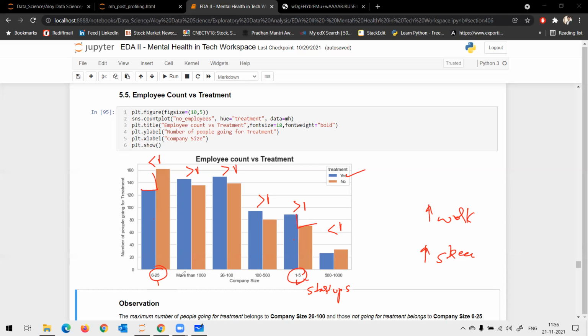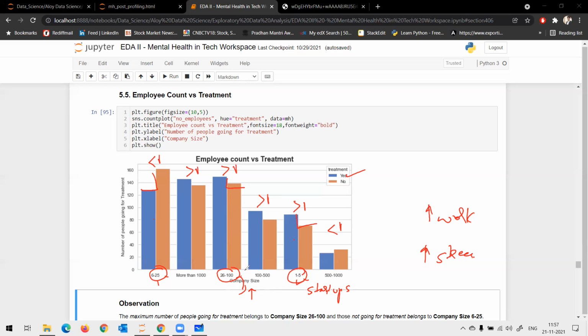Now, coming to 26 to 100. Again, the trend has been reversed. Correct? So if you need to grow further from this, you need to take more stress. So again, that stress has increased. Correct?